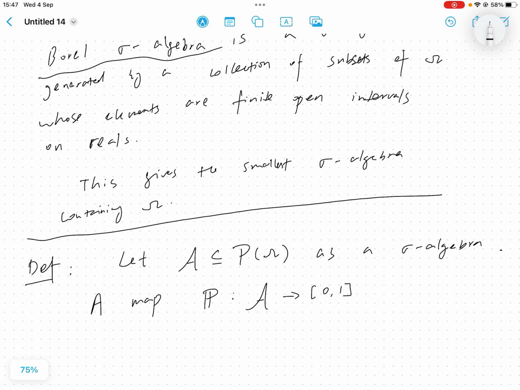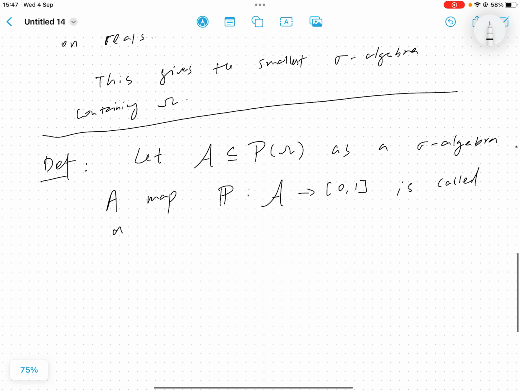We know that probabilities are numbers between 0 and 1, right? So that is where the probability numbers come from. So this is called a probability measure